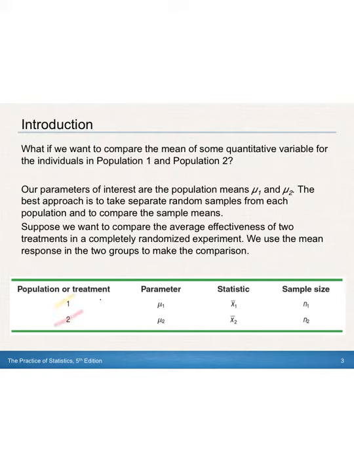And then from there, the things we're looking for, the population mean for the first thing and population mean for the second thing, we're going to call mu1 and mu sub 2, but we're mostly going to be dealing with the statistic of x bar and then the sample size of n1 and n2. So it's just exactly the same in this case as the proportion, except we're substituting the mu for our parameter